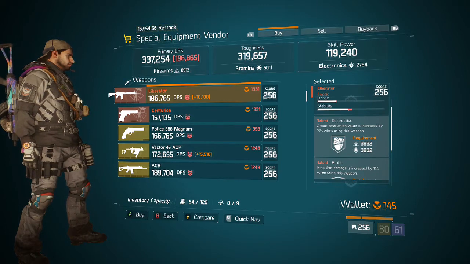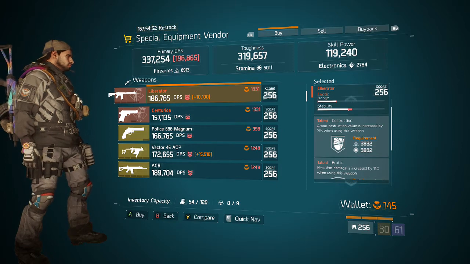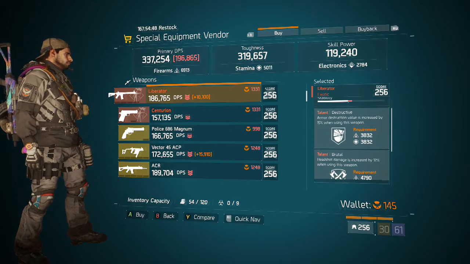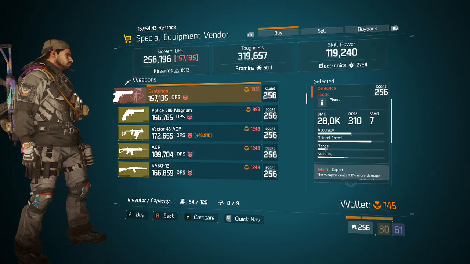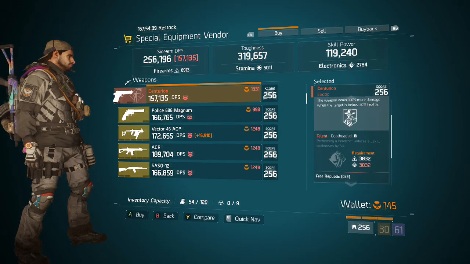Or you could do, what else is there? You could do Responsive, a couple other talents you could probably get instead. But either way, this is a very good Liberator this week. And lastly, we have the Centurion here, which has Cool Headed, which is a very good talent to have